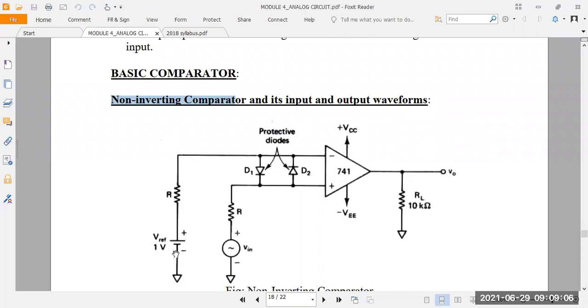So this reference voltage should be compared with the given AC variable voltage. This is variable here. We can vary the frequency, we can vary the voltage, we can vary the current also. So this variable voltage should be compared with the standard reference voltage, that is the DC voltage. One is constant, the other is variable. Constant is given to where? Inverting terminal. Variable is given to where? Non-inverting. So you have to compare the inverting input and the non-inverting input. Based on that you have to give the output.